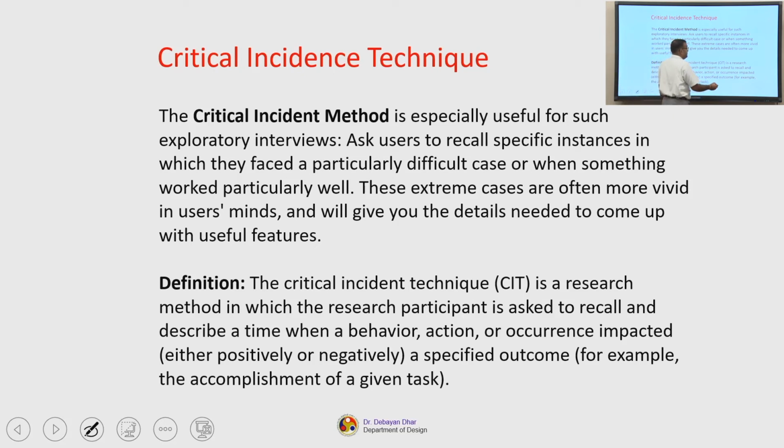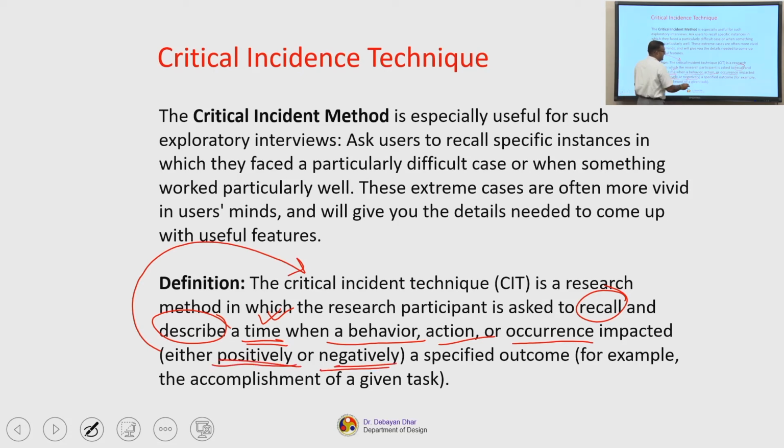We are asking the participant to recall and describe a time when he executed a behavior, action or occurrence that impacted. Now, this is what we are defining as the critical aspect, that impacted either positively or negatively the experiential state. So, we are focusing here on the experiential state,